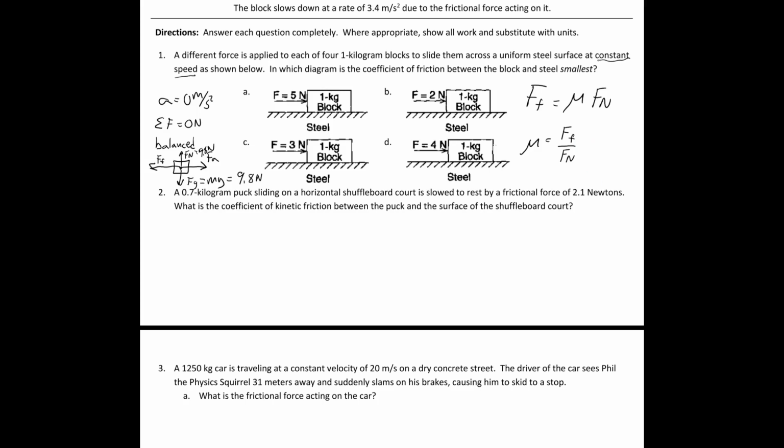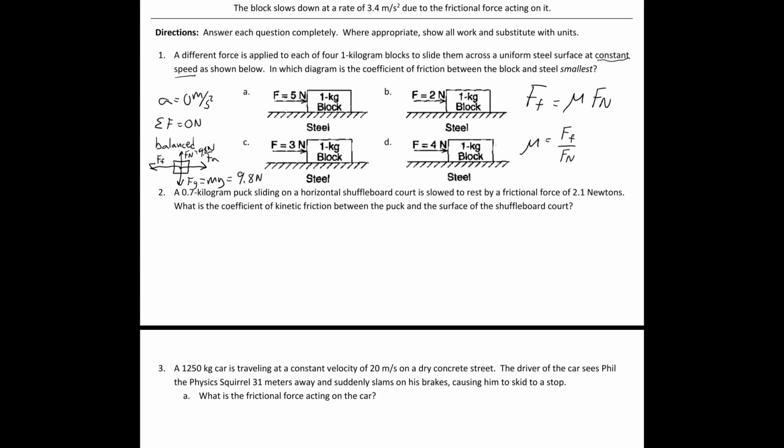It's a direct relationship, and we could tell right away because of this version of the formula. It's a useful version, even though it's not on the reference table. So what's happening is, for A, that's the biggest force, so that's going to be the biggest coefficient of friction, meaning in this situation, it's the roughest